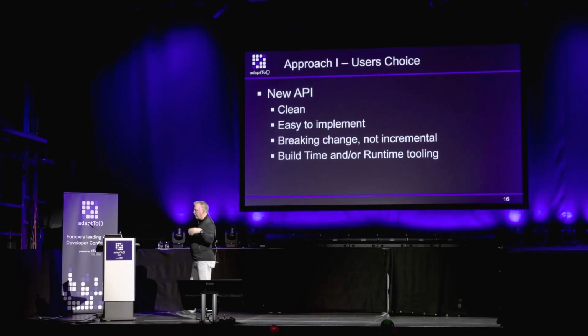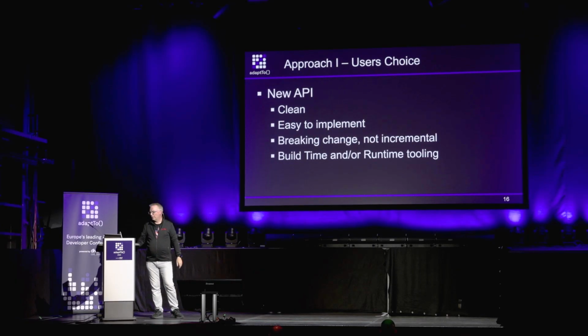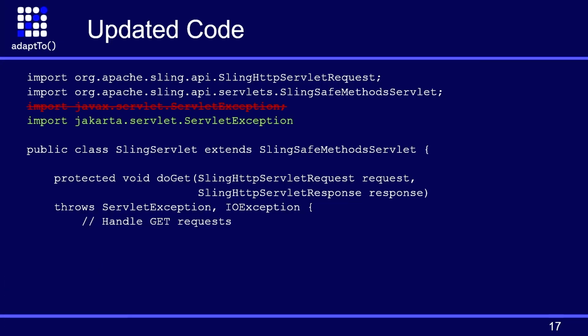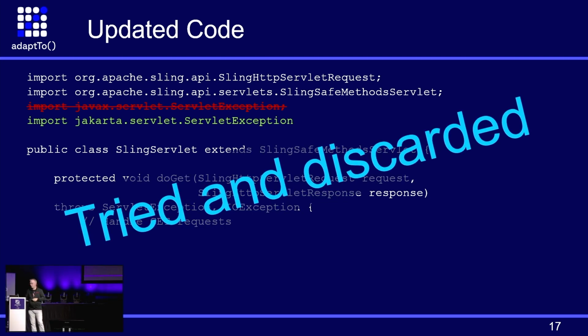And that's usually a wrong thing, right? Don't make the implementation easy. You can make it complicated, make the usage easy. And we're also thinking about having build time and runtime tooling, so you don't need to change your code, it would just run transparently at runtime. And then the updated code would look like that, right? Just for the usage, it's okay-ish, but again, it gets more complicated in a project. So I tried that and said, okay, no way.